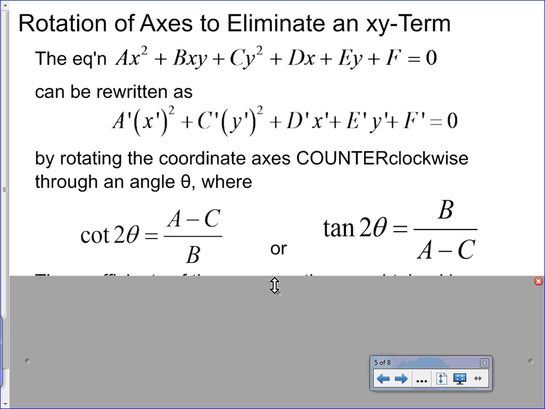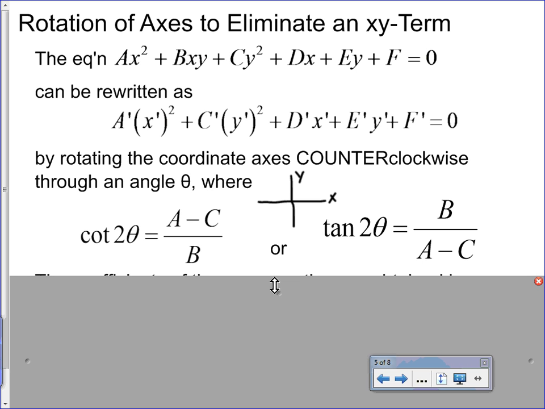To give you kind of a visual picture of what I mean by all of this, I'm going to just sketch a coordinate plane that we know with x and y. That would go along with the equation that we have at the top. But we're going to rewrite that equation in those x prime, y primes, and we're going to find the angle of rotation, and then we're going to take the x-axis,